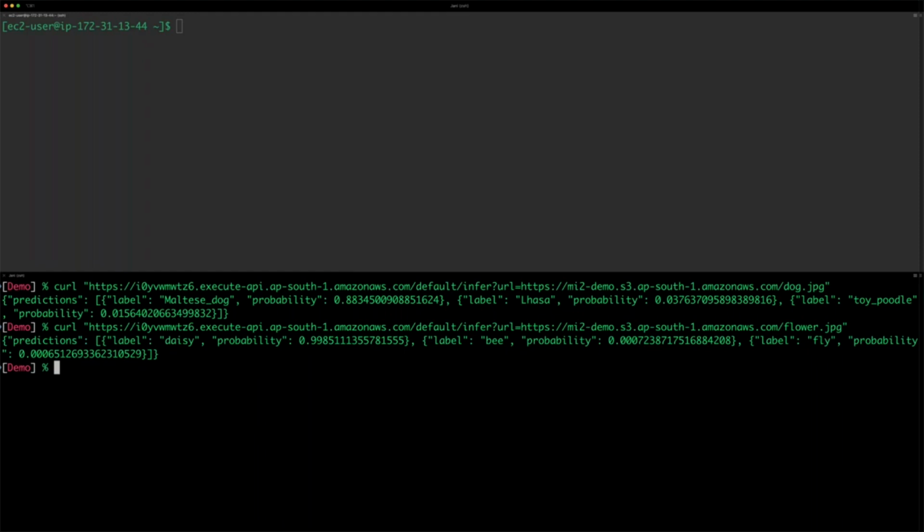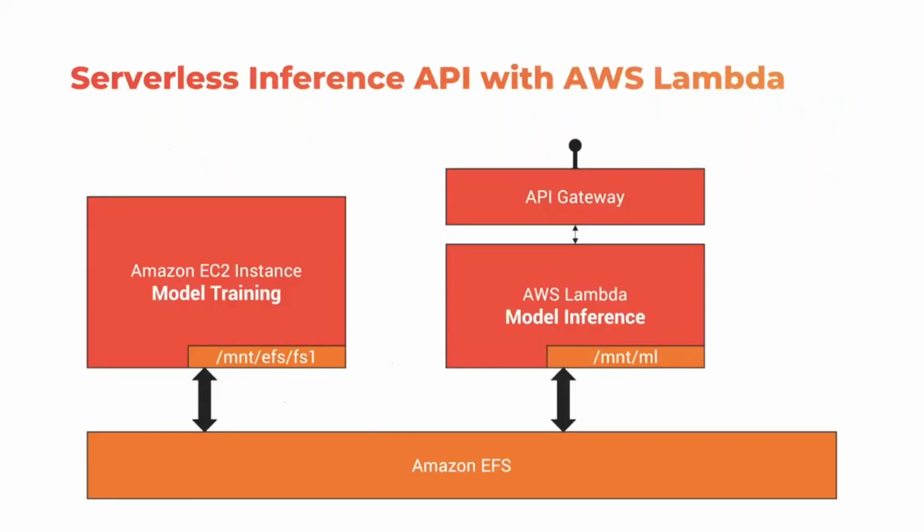Now from 0 to 60, we have done everything in less than 30 minutes. From creating the EFS file share to launching an EC2 instance, to installing the dependencies and training the model and moving it over, then configuring a Lambda function to point to the EFS share, test it, and then attach an API Gateway and going live. Fantastic. Now this is, again, as I mentioned, a pretty cool way of creating an MLOps pipeline, which will always have an up-to-date model. And this is exactly what we have done.